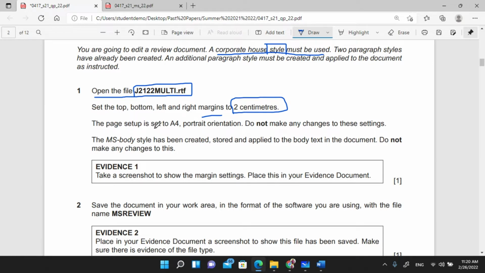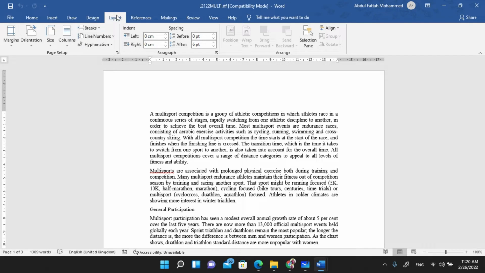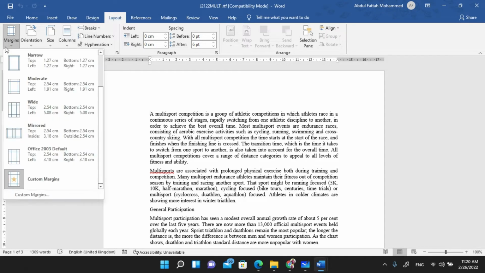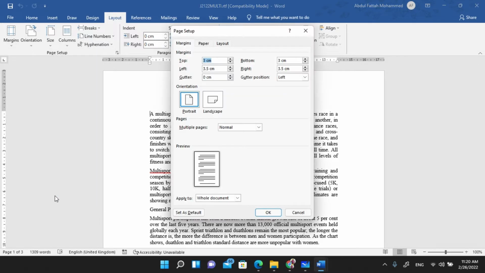The page setup is okay. Now we want to make the top, bottom, left, and right all of the margins 2 centimeters. How to do that? From the Layout tab, there is a margin option. Go to Custom Margins, and then set up all the margins top, left, bottom, right to 2 centimeters. So just type 2, 2, 2, 2. Actually, when you type 2 without CM, it will be CM